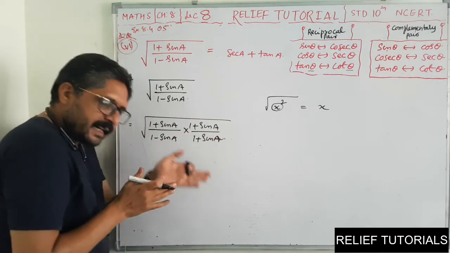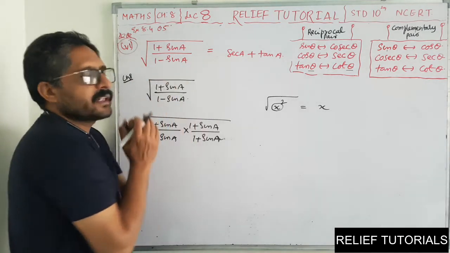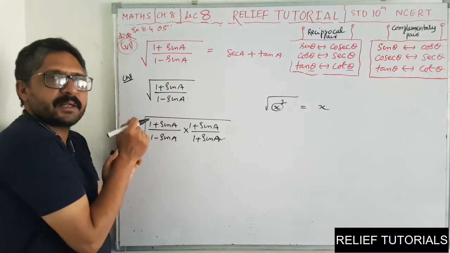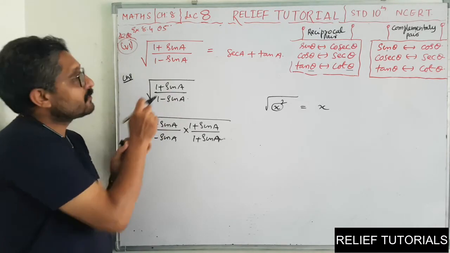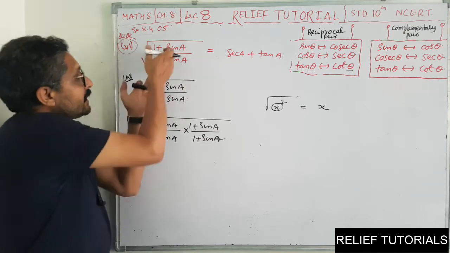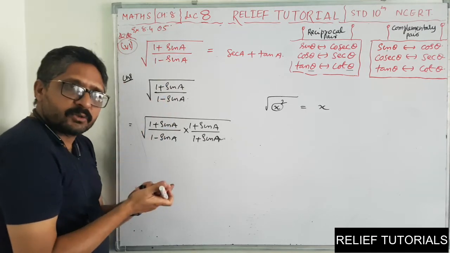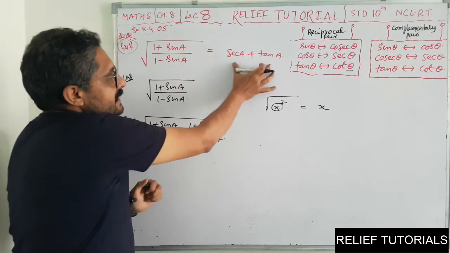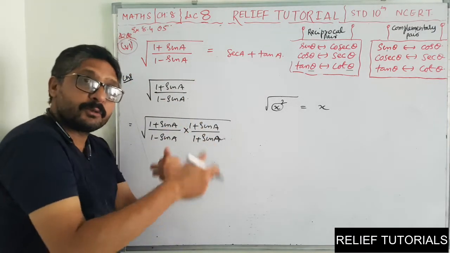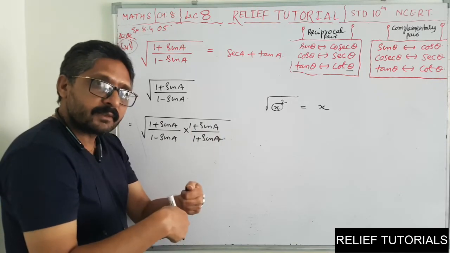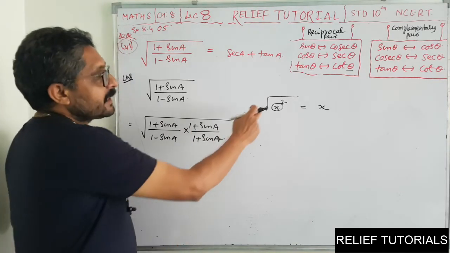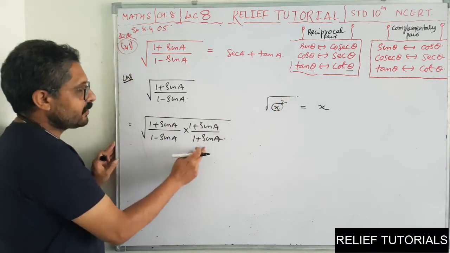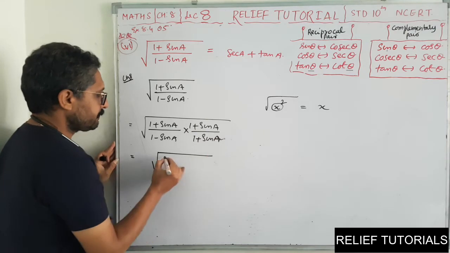See how you are thinking rationally. Looking at RHS, we came to know that already it is in sine, so we can't convert it further. I told you the first step is to convert the given ratio into sine and cos. Already it is in sine, so we can't do anything. The second step is always to keep RHS in your mind. RHS has no root, so I have tried to remove the root. You know from 9th standard that it can be removed by getting a whole square, and that can be done by rationalizing the denominator. Now see what you got here.